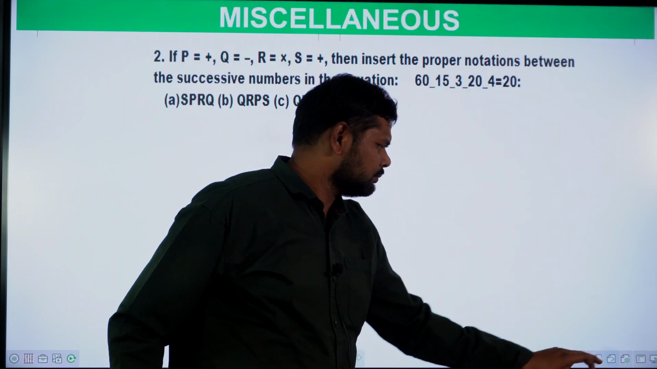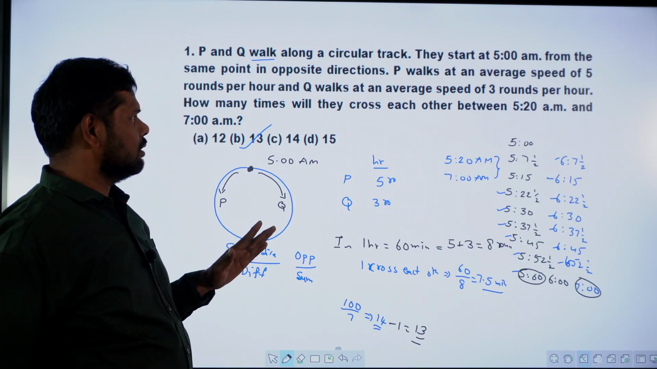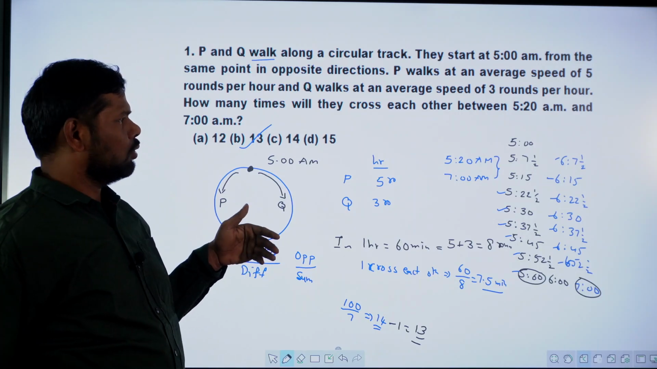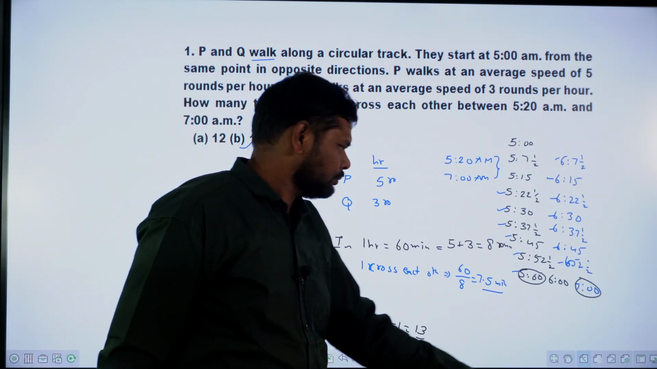Right, simple question. After practicing, these types of questions are simple, but at the start maybe we feel a little bit difficult. But once we solve 2 or 3 questions in this segment, it is definitely very easy to solve in the examinations. Next,